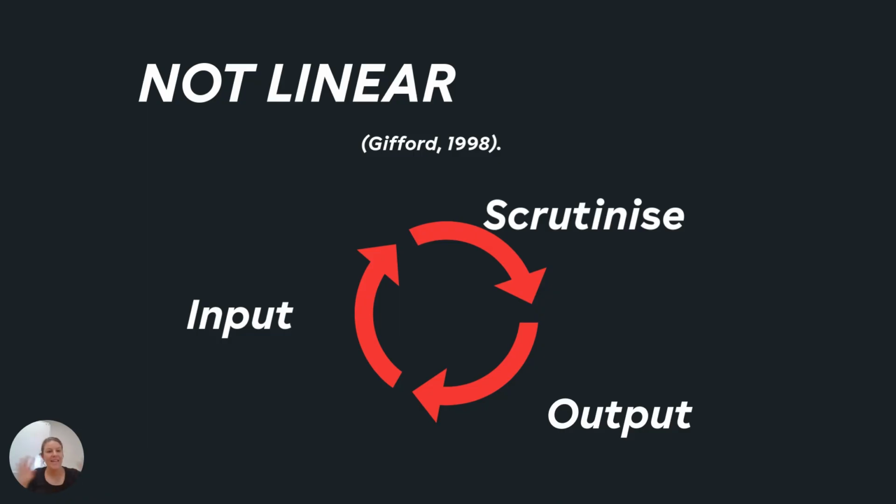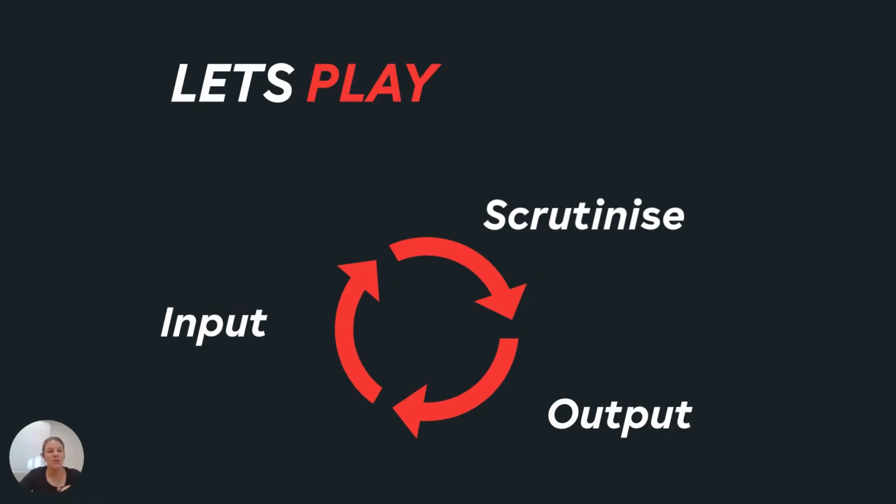Now, we're going to break out into groups, and I want you to play. So we're going to think about all these different inputs, scrutinizing, and then output. I want you to bring to mind that experience of that tricky client that came in today. And on your butcher's paper or whiteboard, I want you to write down all the different factors, first the inputs that they might have been experiencing, how their scrutinization might have then changed that perception of threat, and then what their output was.